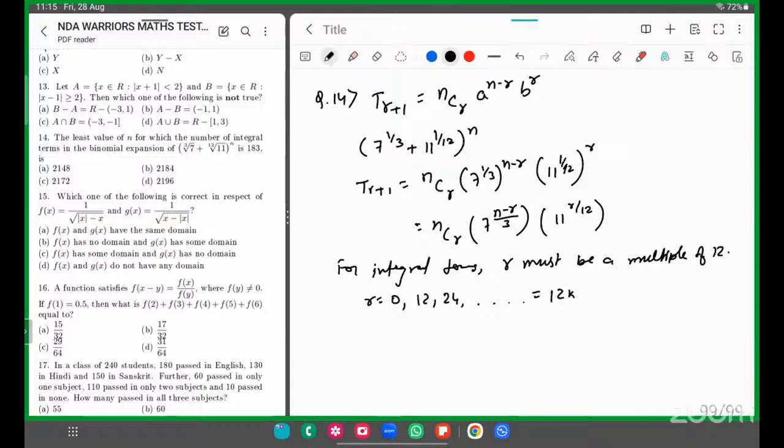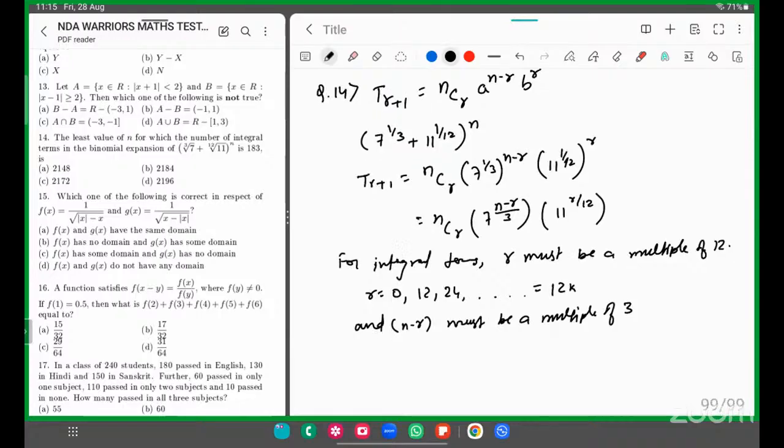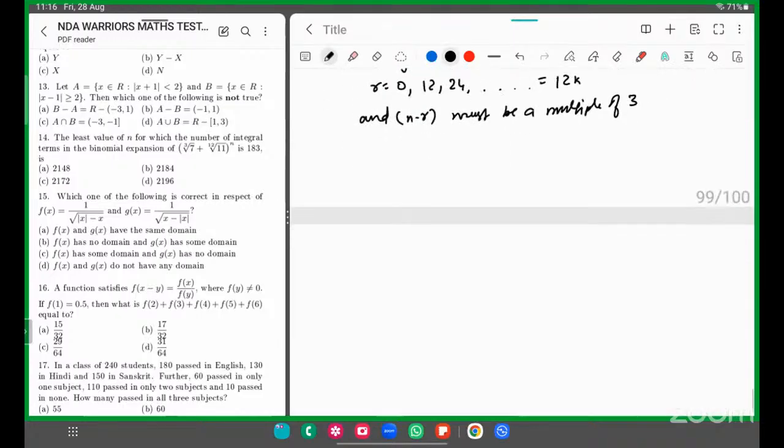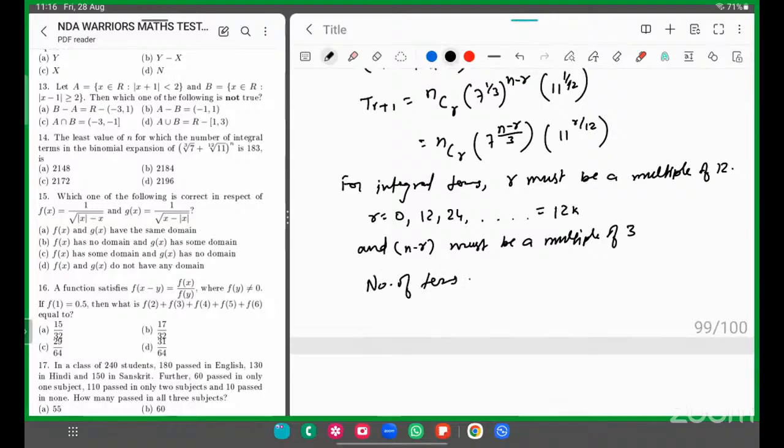और इसके साथ साथ n minus r जो है वो must be a multiple of 3, which holds okay। तो नंबर ऑफ टर्म्स अगर मुझे फाइंड करना है, k+1 equal to 183, वो जो 183 का वैल्यू उन्होंने दिया है, वही the number of integral terms, कितने टर्म्स इंटीग्रल टर्म्स हैं उनका। अच्छा, तो नंबर ऑफ टर्म्स जो होता है ना हमेशा k+1 से रिप्रेजेंट होता है ना, एक ज्यादा आता है, तो k का वैल्यू कितना हो गया, number of terms equal to k+1 अगर हम ले लेते हैं that is equal to 183 बोल रहा है, तो यहाँ से k का वैल्यू हमें मिल जाएगा 182।